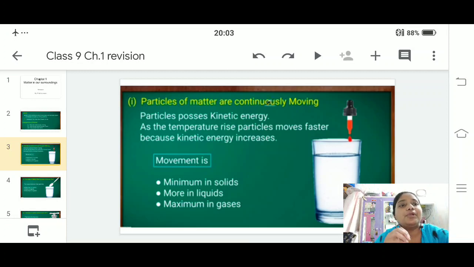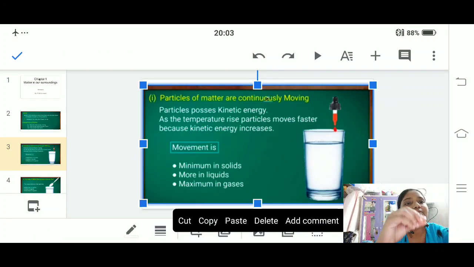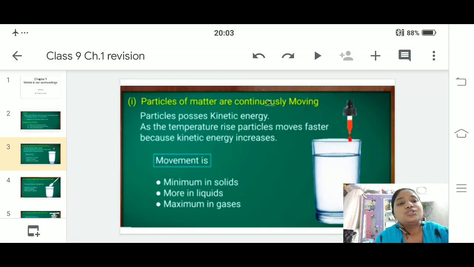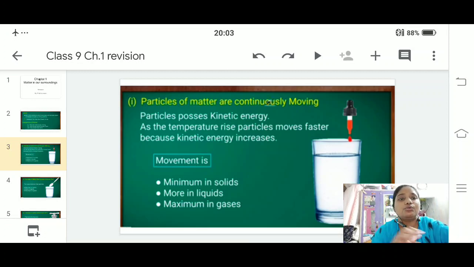Take an example, as I have shown here, a glass, and above you can see some ink. In this module, I am dropping some ink. What happened? As soon as I drop the ink inside a beaker or a glass containing water, it starts spreading throughout the liquid, because these particles possess kinetic energy.